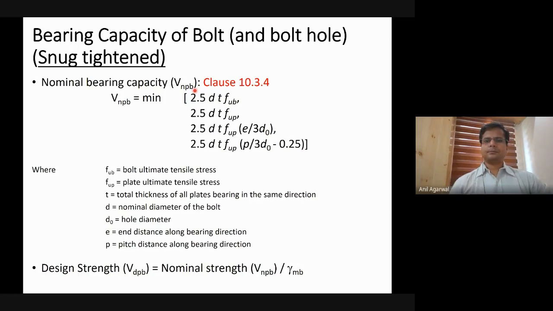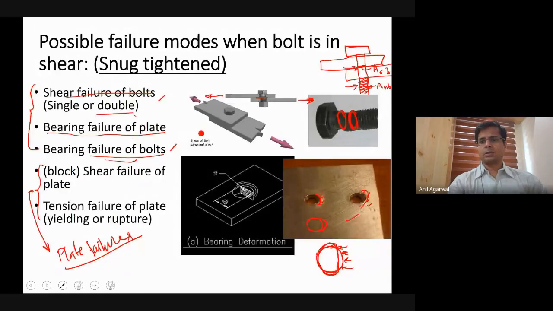Or maybe P is for plate, because plate bearing is much more common than bolt bearing. Bearing of the bolt is not that common, because most of the times the bolt is stronger than the plate. So most of the times it is the plate that undergoes bearing failure, and that's why you have V and P B. Now here, if I can go back to this slide, which parameters do you think should play a role